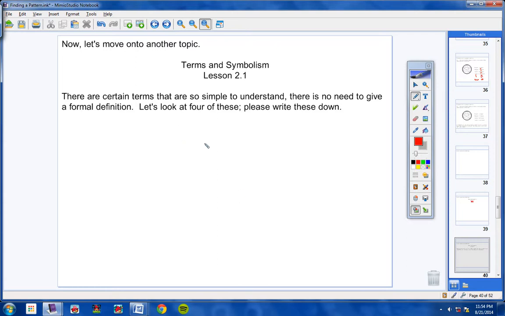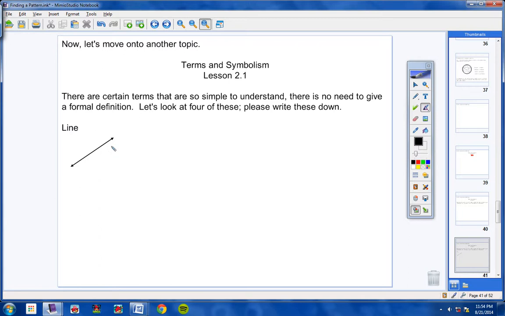There are certain terms that are so simple to understand, there is no need to give a formal definition. And let's look at 4 of these quickly. Please write these down, okay? First of all, line. I'm not going to give you a definition for what a line is, but I would like you to draw one in your notes, and I want you to write some things down that you really need to know, okay? First of all,